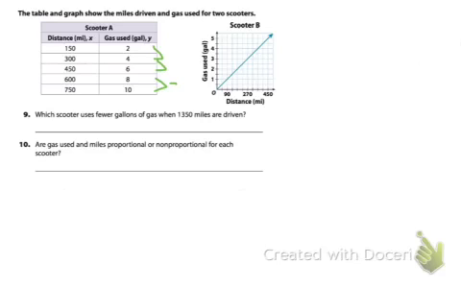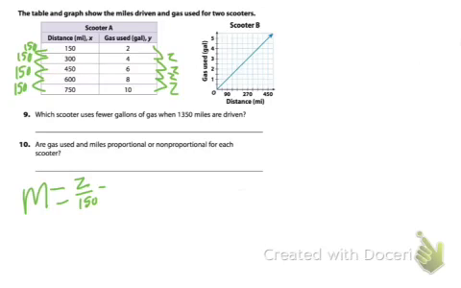So this change is 2, 2, 2, I missed 1, 2. This change is 150, 150, 150, and 150. So the change in y over change in x, we're going to come down here. For 9, the slope is 2 over 150, which we divide both by 2 and we get 1 over 75. So y equals 1 over